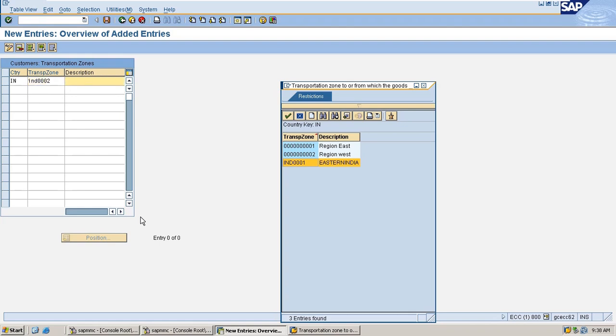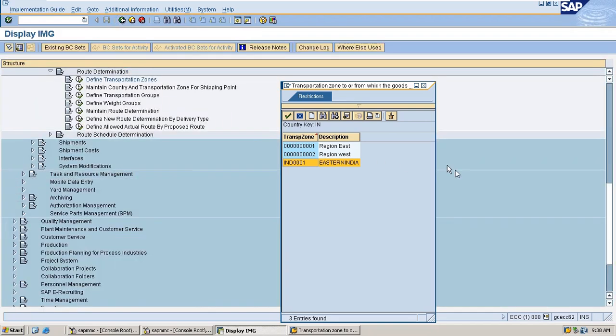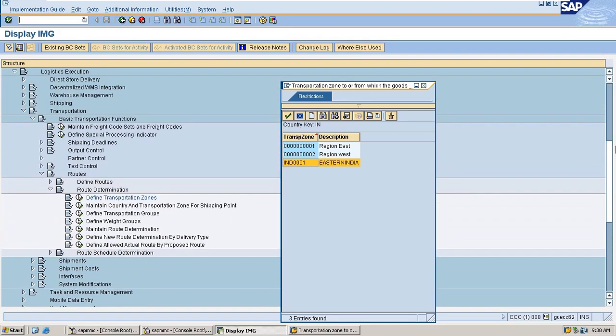0002. This is Western India. So I have saved it. Or else you can just go through the path also. Actually, there are two ways to create the values.